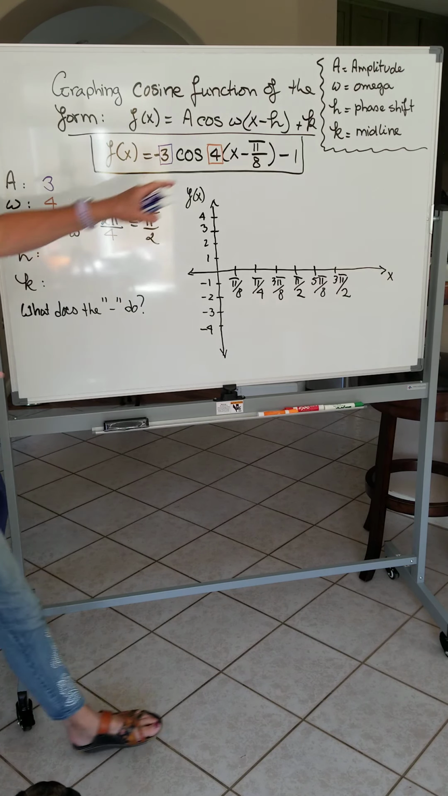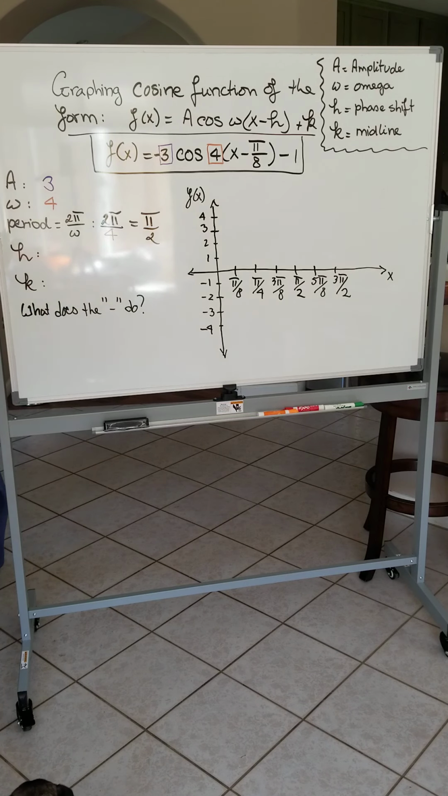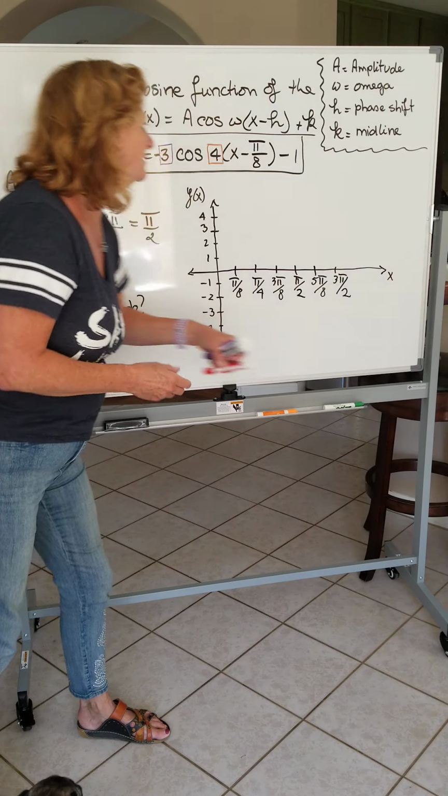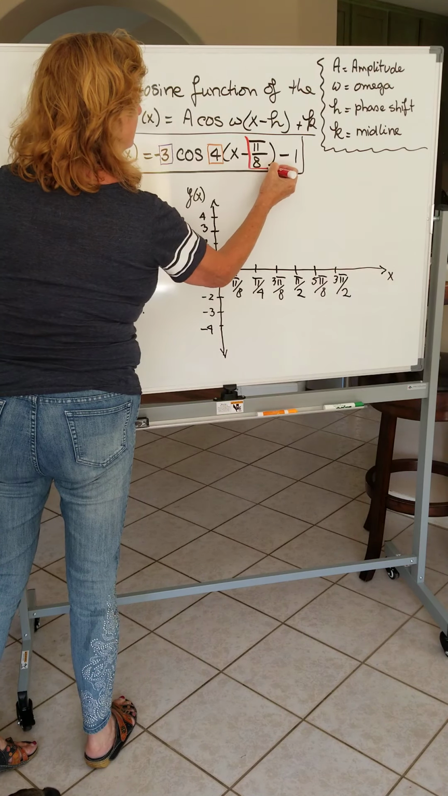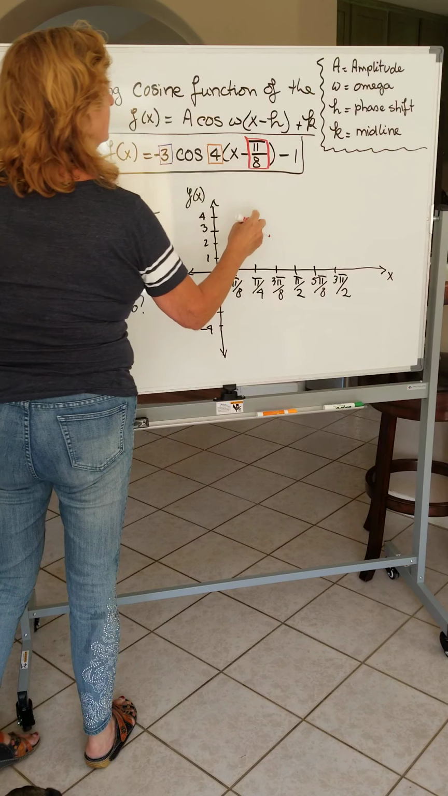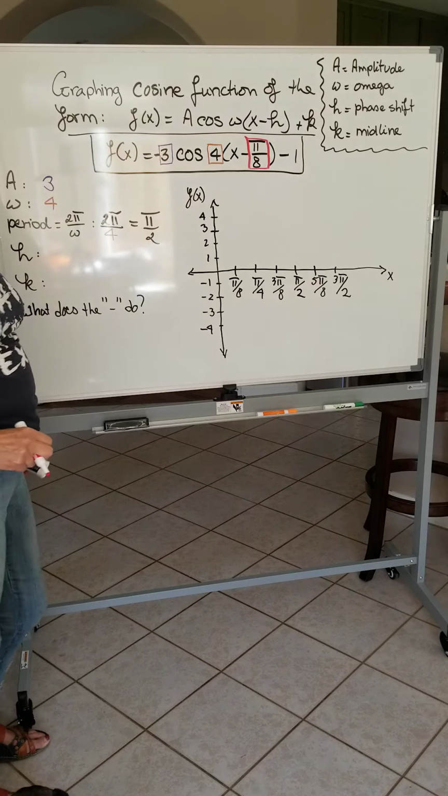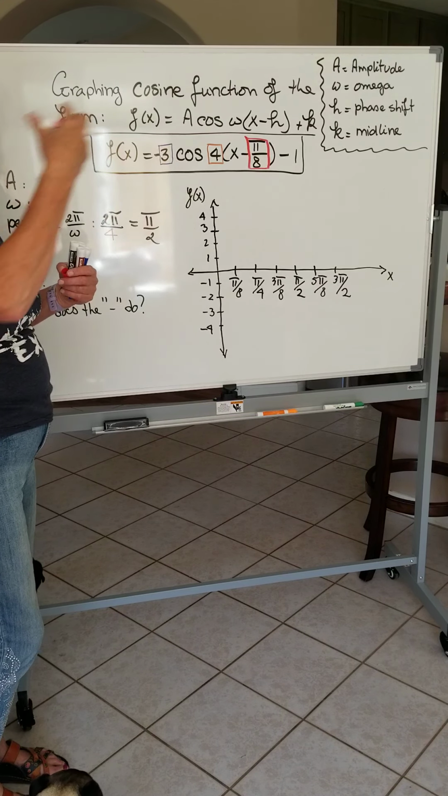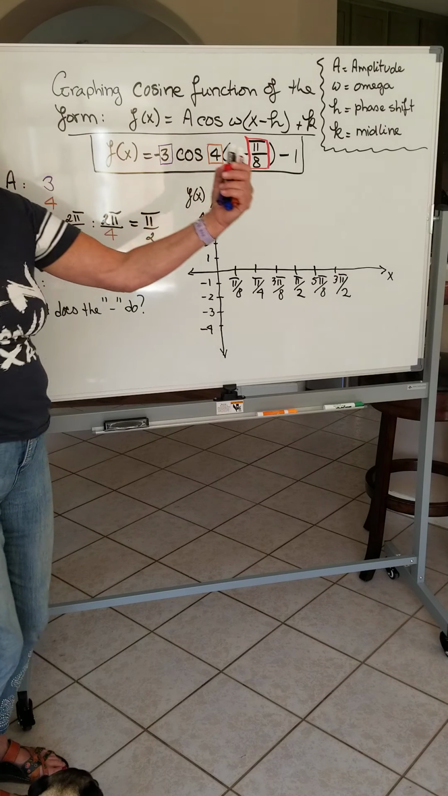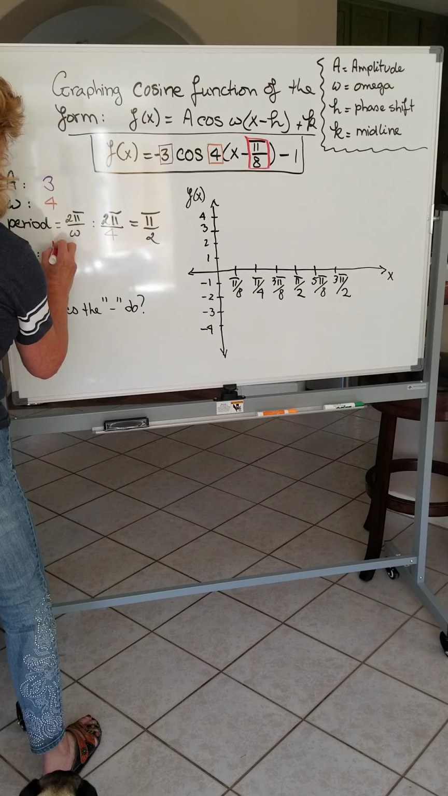The h, now I'm looking again, that's the phase shift, that's my horizontal shift. So the phase shift is what we see inside the parentheses. And I have my negative in here, so I know that my phase shift is going to be pi over 8 units to the right. To your right, that way. So pi over 8